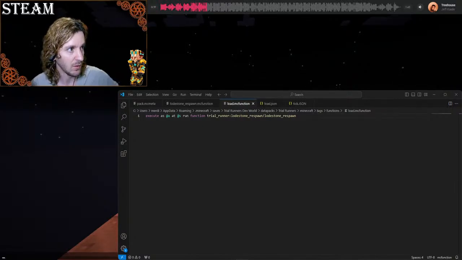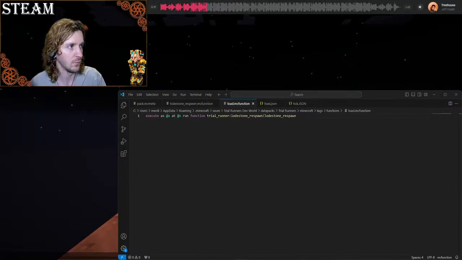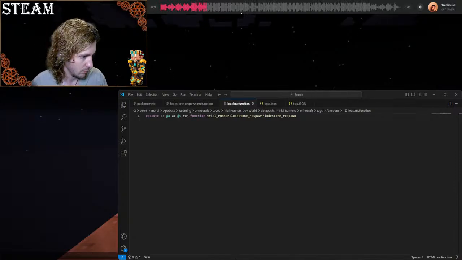Function tags can be called in the function command with a resource location, which runs all the functions specified in the tag in order of their first appearance in the tag. Okay. So if I have